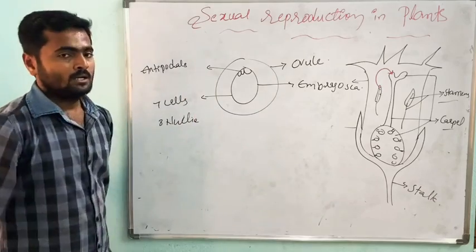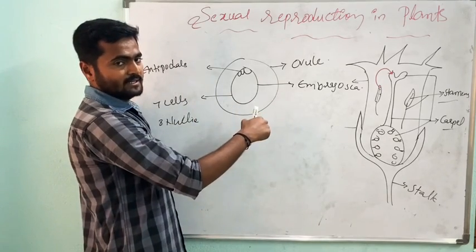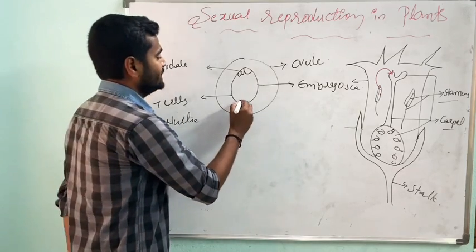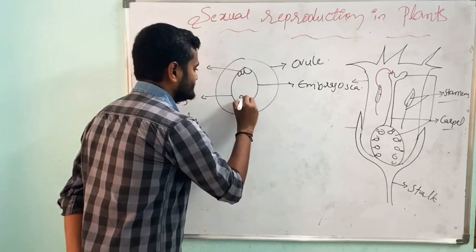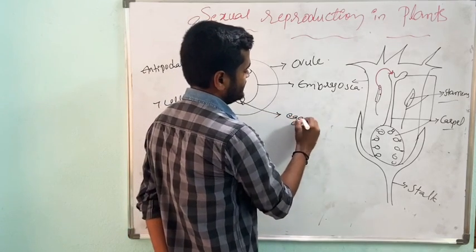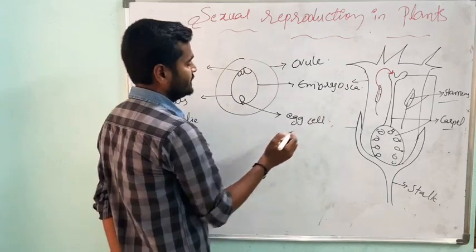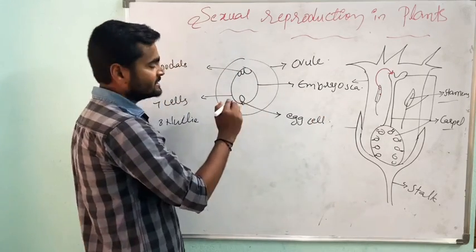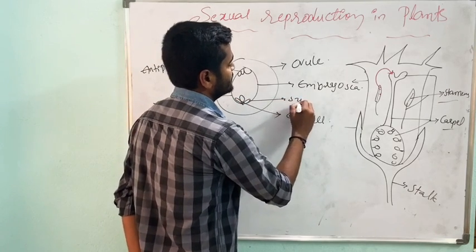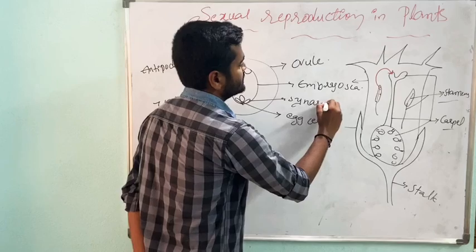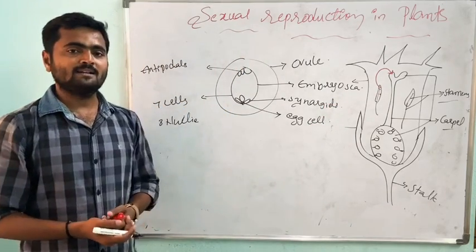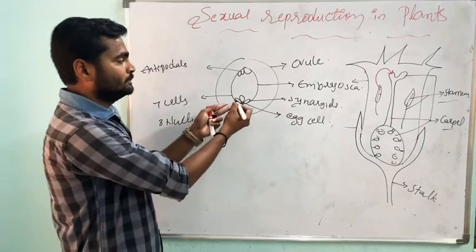Antipodals. Now towards the downside, or towards the entry of the pollen tube, here we have 3 cells. In the middle is the egg cell, or female reproductive cell. To either side of the egg cell, we have two more cells that are called synergids. These synergids help the egg cell by supplying nutrients and also guiding the pollen tube